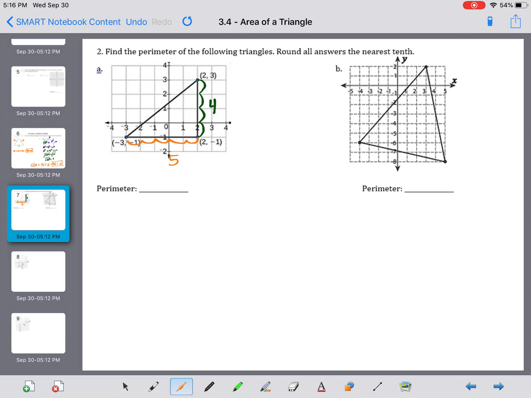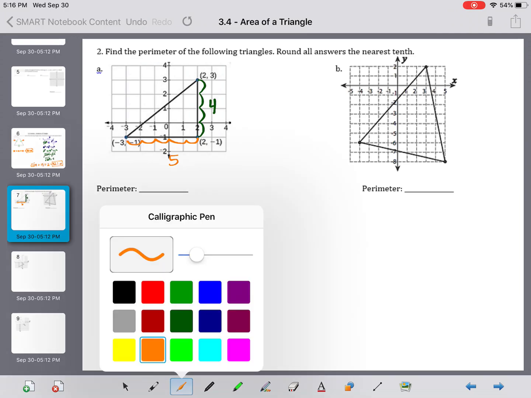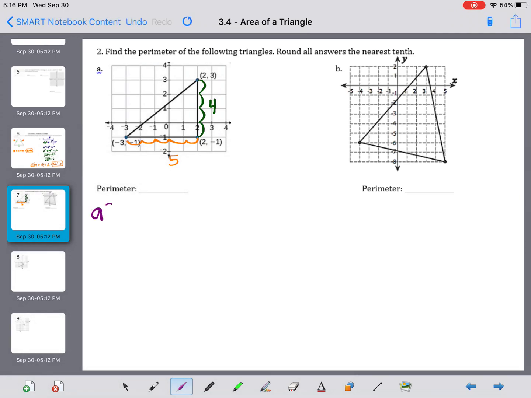That third side is slanted. So again, when we have to find the length of a slanted side in the coordinate plane, we are going to use the Pythagorean theorem. A right triangle is already made for us. So we don't really have to make another right triangle with that side. If you did happen to go like this and make a right triangle, totally fine. You're just making a little bit more work for yourself. The right triangle is already made, so just use what's there. But if you happen to make a right triangle, you're still going to get the right